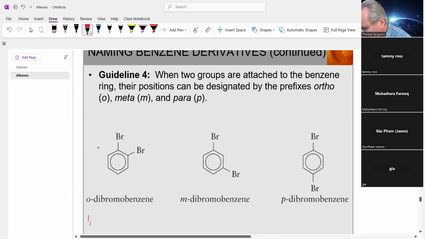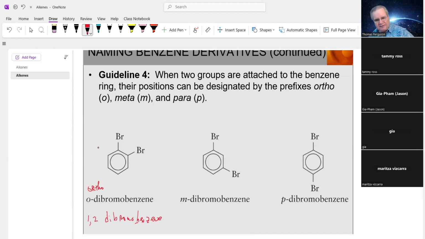One is 1,2-dibromobenzene, or ortho-dibromobenzene. And frequently on tests, I'll say name this 2 ways, and these would be the 2 ways you name it: 1,2-dibromo